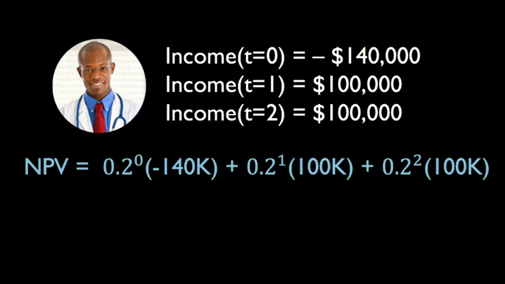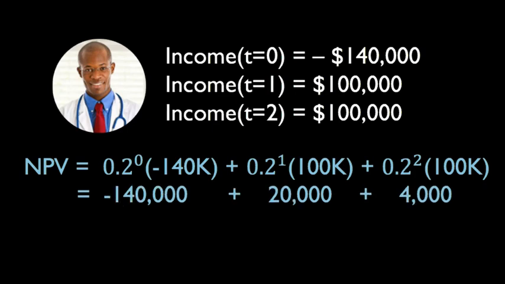From here, you can just plug and chug with the math. The first term is going to be equal to negative $140,000. For a moment, just pause and think about what that means. The person is kind of impatient, and on the very first day of his life, he'd have an income of negative $140,000 if he became a doctor, and he's going to feel all of those negative $140,000.